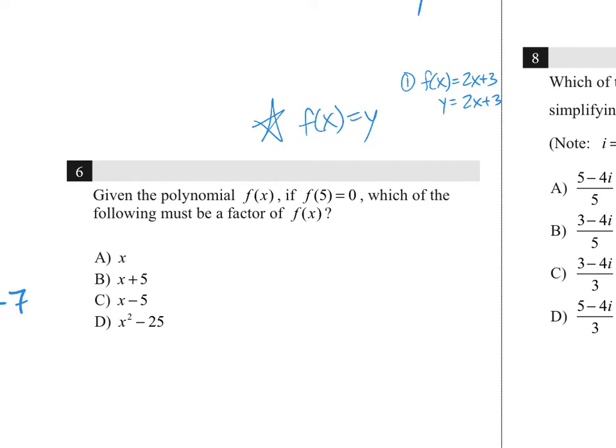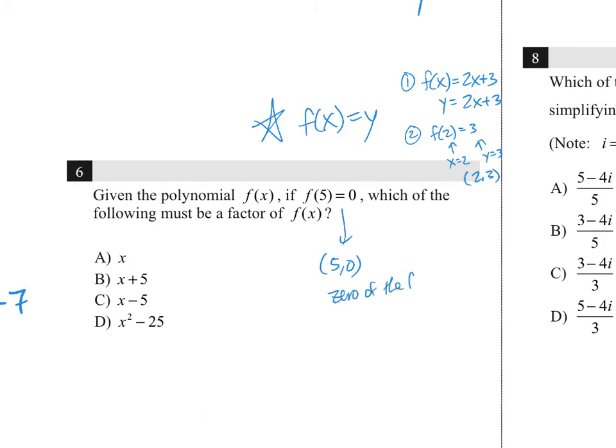But the more important knowledge is that you have to understand that if I give you f of 2 equals 3, for example, then that means that we're talking about x equals 2 and y equals 3, and we can even put that as a coordinate, 2 comma 3. So it's just knowing what we're getting when we're given a function statement like this. So this f of 5 equals 0 is basically telling us that x equals 5 and y equals 0, or in other words, this is a 0